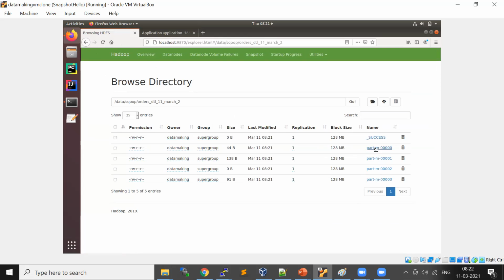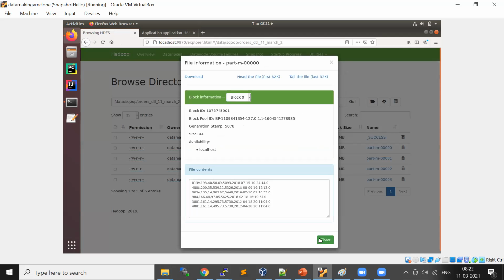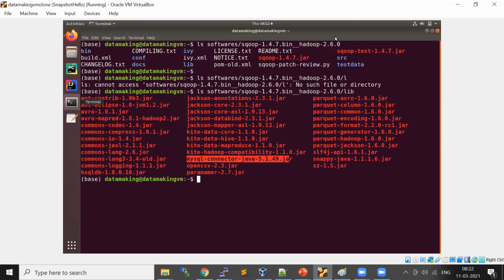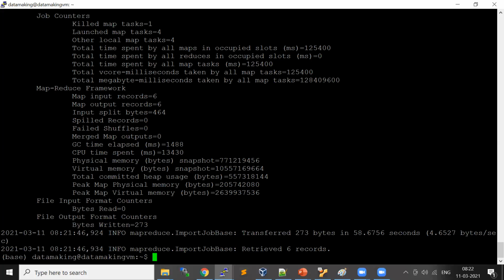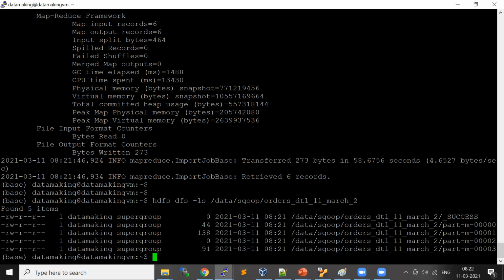You see here, 4 map tasks ran. In the output of map one task, let's see, hdfs dfs -cat.